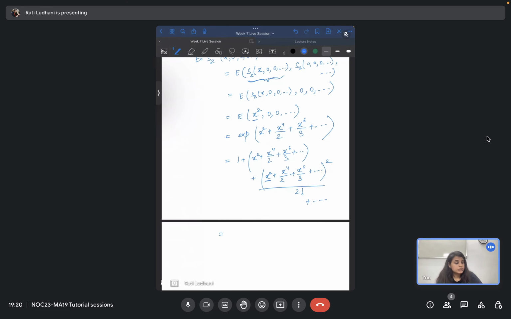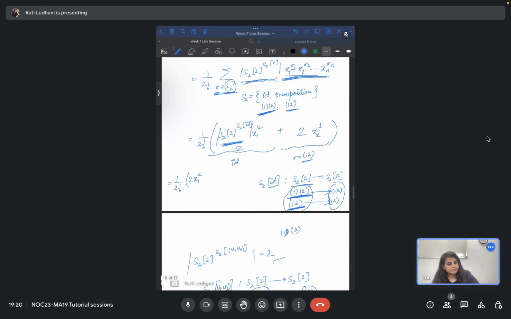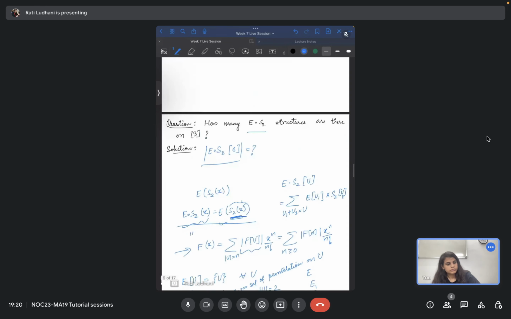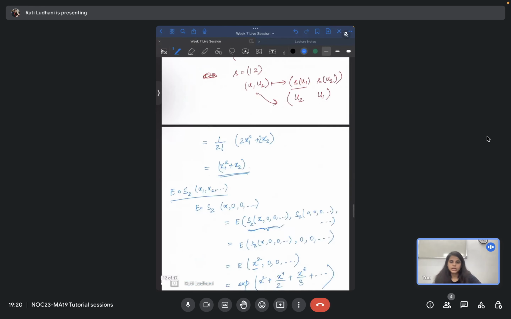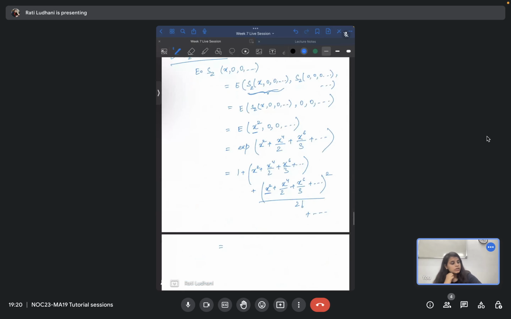Okay, for x cube you will not have anything, so maybe you can do 4 then. Did you get my concern? So when you do 3, you will get 0, so you can write 0. 0 is also an answer, but if you want to calculate for 4, then you can just go till this, and then for x4, coefficient of x4,